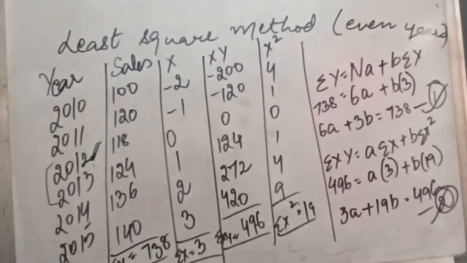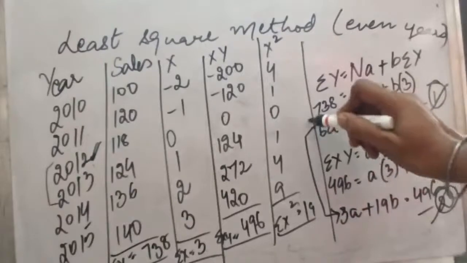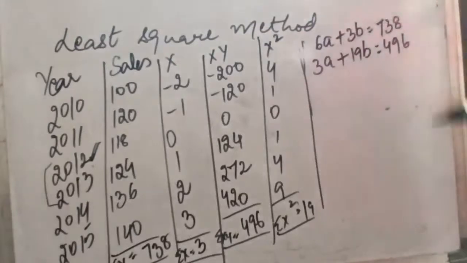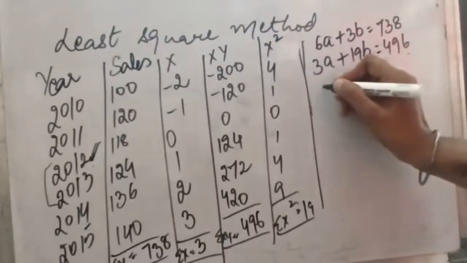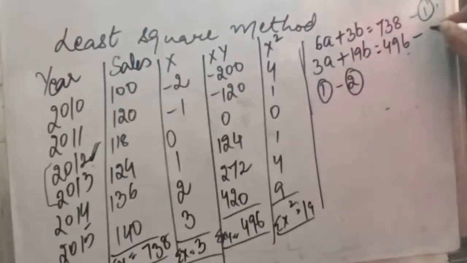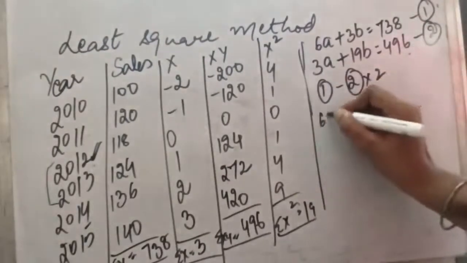We will be calculating the A and B values from these two equations by equating, as we have already seen in the previous chapters. Let's see how we will calculate. These were the two equations that we got. Now what am I going to do? I will multiply the second equation by 2. The first equation will stay as it is and I will deduct the second equation from it.